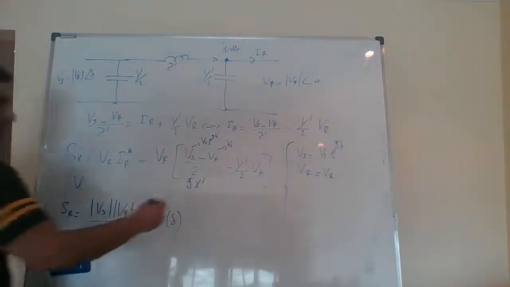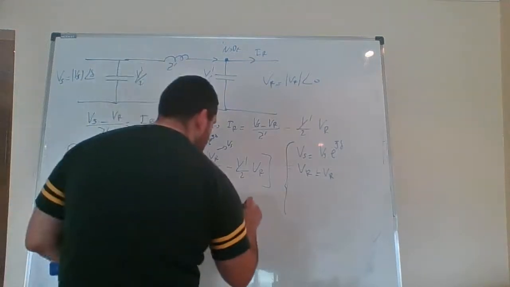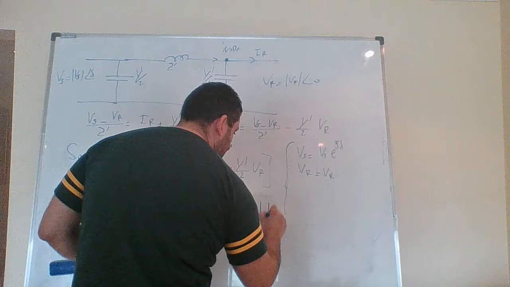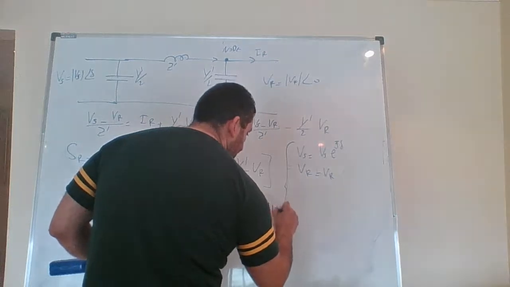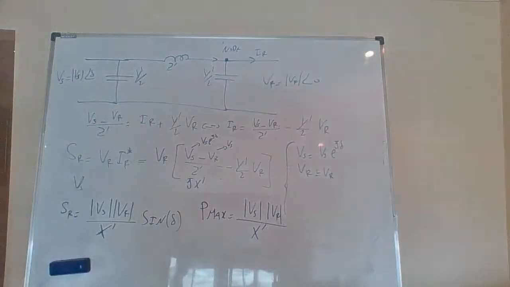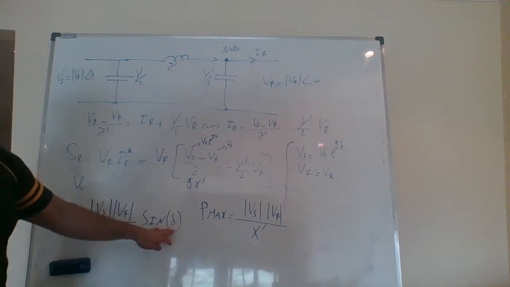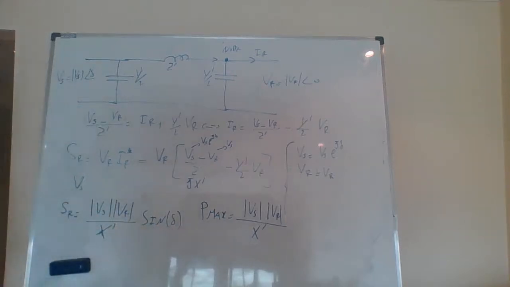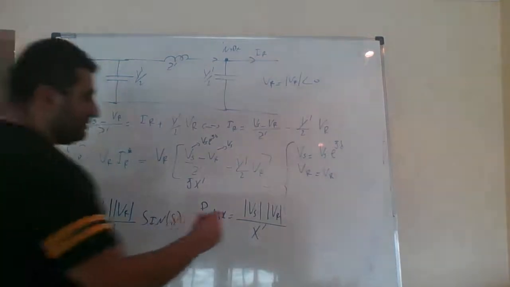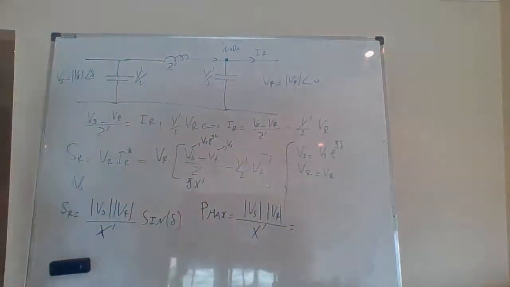When it is maximum, Pmax is equal to Vs Vr over x dash. This system will reach the maximum when sine delta is 1. That means when delta is 90 degrees. Delta is 90 degrees. Also, if I convert everything to per unit,